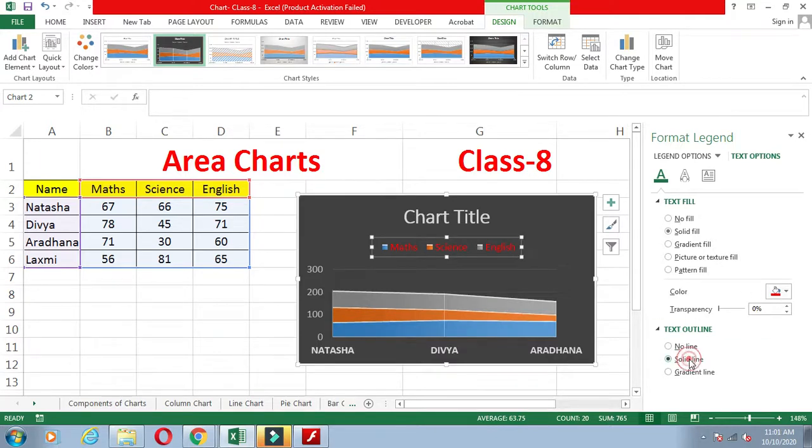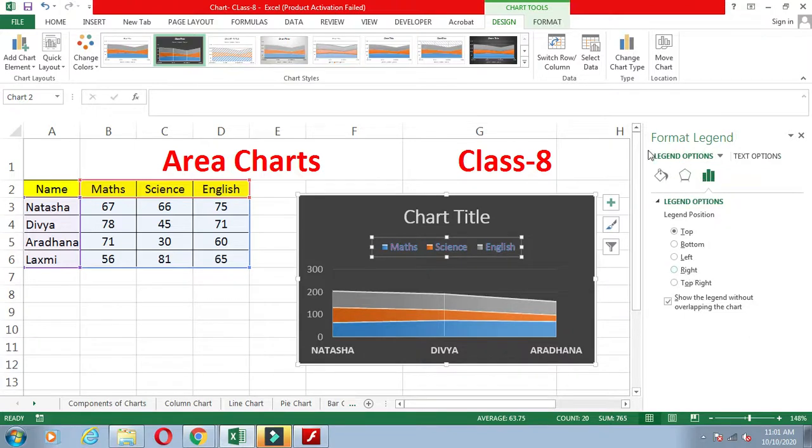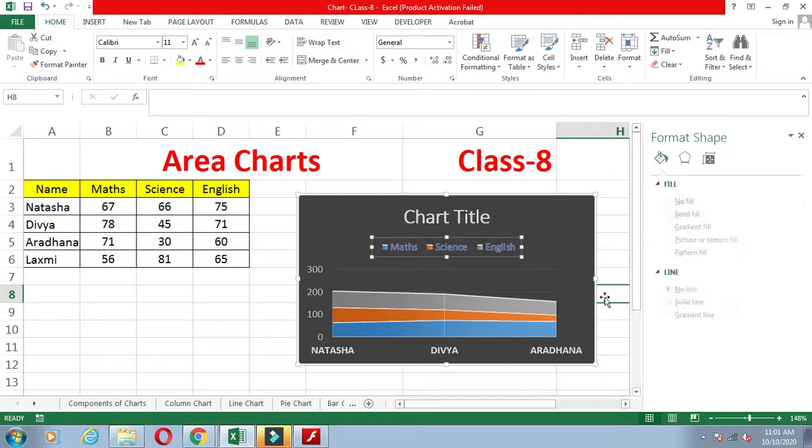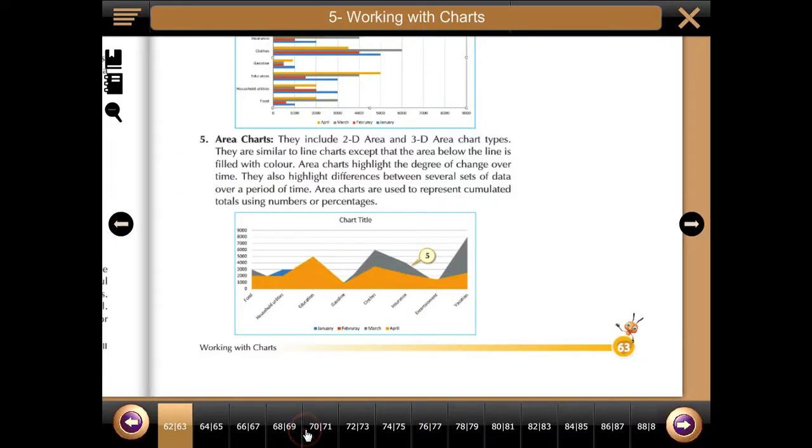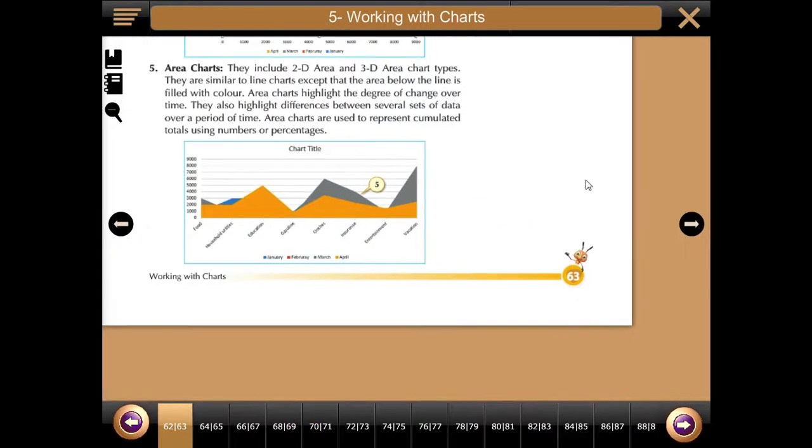Now the next, other chart. Which are the other charts? This is the area chart. Now the next is the scatter chart. Sorry, the next is the scatter chart. The scatter chart is also known as the XY chart.